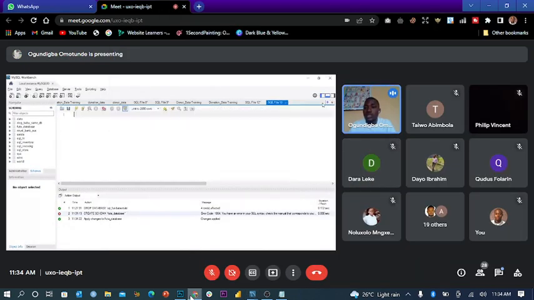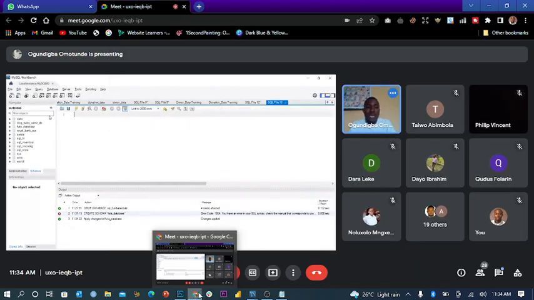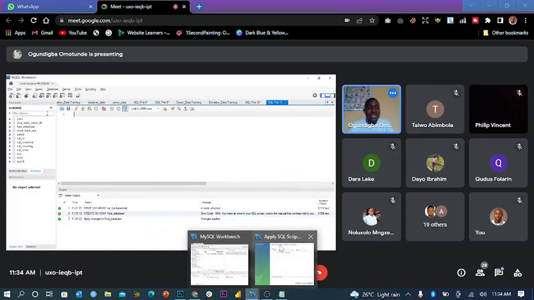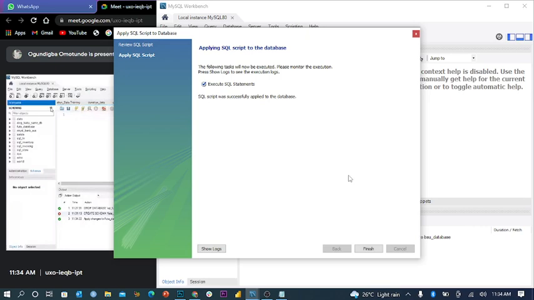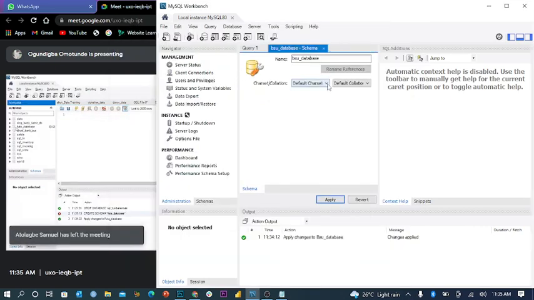Now you can close the tab. You should see the name of the schema you just created on this schema tabs here, but you won't find that yet until you refresh this little button here. Then now it's there. This is footer database.